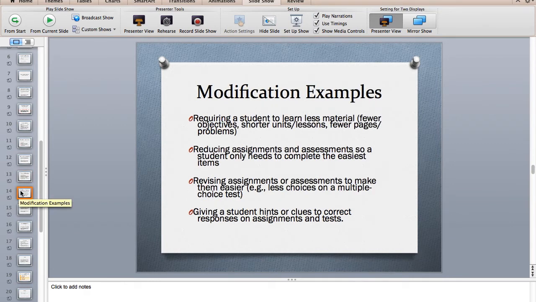So some additional examples of modifications, even though we've just taken a look at a few on the IEP: requiring a student to learn less material, reducing assignments and assessments so that a student completes maybe the easiest items, or revising assignments or assessments to make them easier, for example, offering fewer choices on a multiple choice test, giving a student hints or clues